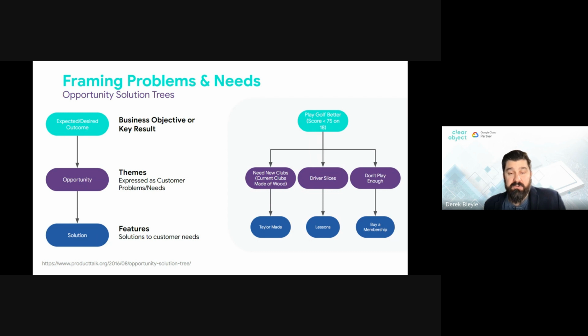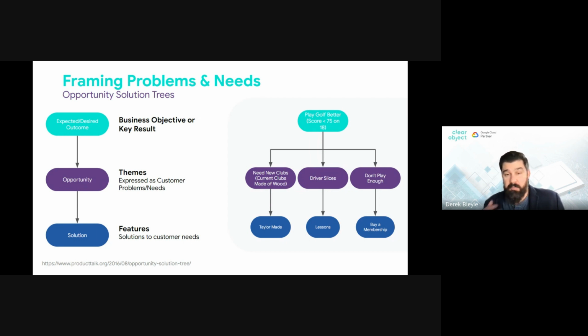There's a lady by the name of Teresa Torres who created this concept, but we continue to use it with our customers today: the idea of opportunity solution trees. So it's really starting at a high level. What is the value? What's the objective or goal that I'm setting as my organization? What are the opportunities we have to achieve that? And at the end, talking about the solutions. You'll notice the solutions are more at the end, and that's on purpose. It's really about prioritizing your opportunities before you go and pick solutions. A lot of times we'll be talking with customers, might be arguing about different solutions, which ones they should do, and you'll find that actually they tie to different opportunities. So focusing on how you want to achieve your goals can be just as important.